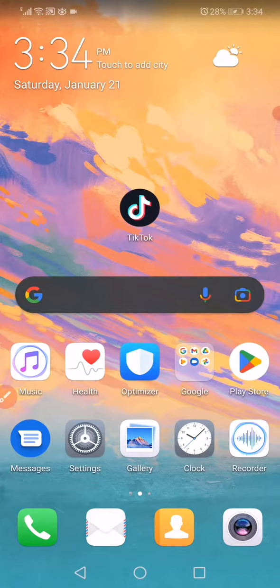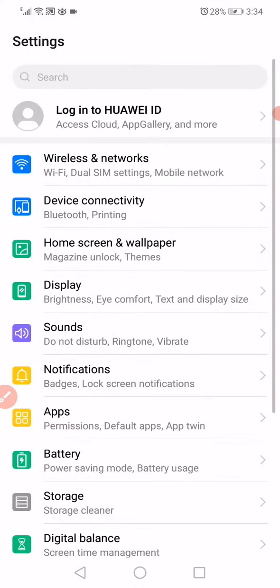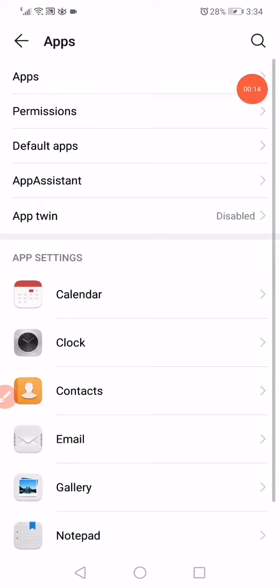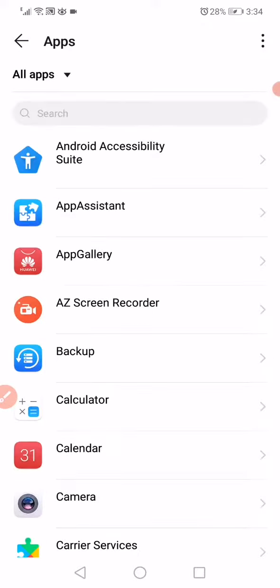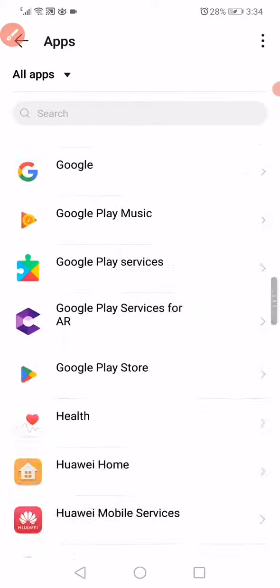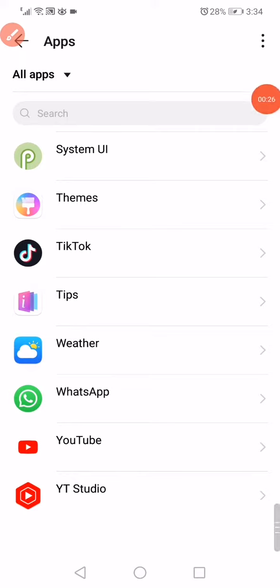Hello guys. So first thing you want to do, open the settings on your phone and then go to the apps manager. Open the apps like this. On this page you will find all the apps that you have on your phone. So scroll until you find TikTok, click on it